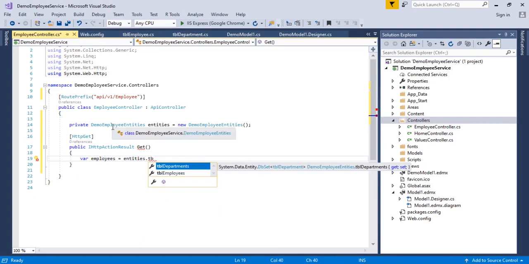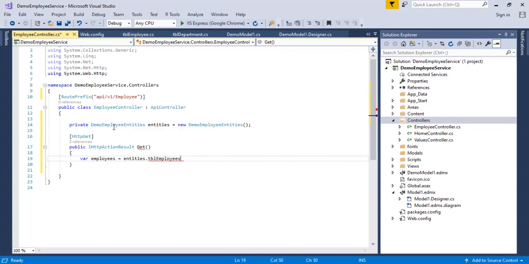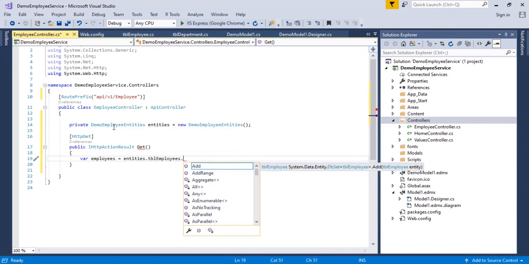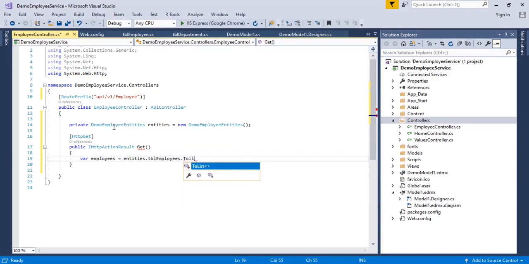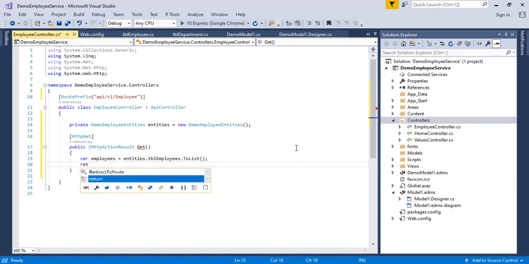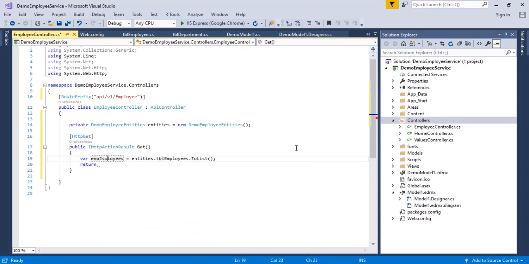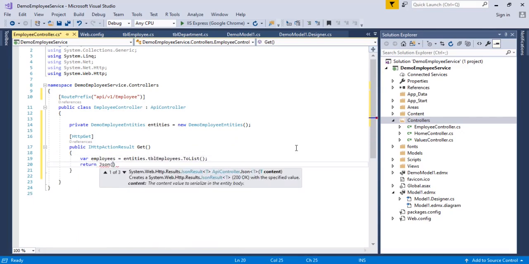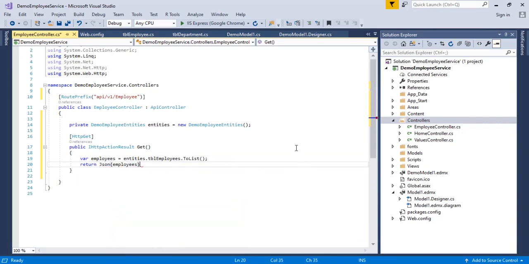This demo entity is going to contain the table information. So table employees dot ToList, this is very important. Just write ToList, otherwise you will not get the data. Return Json of the employee object. Okay, this is for Get.